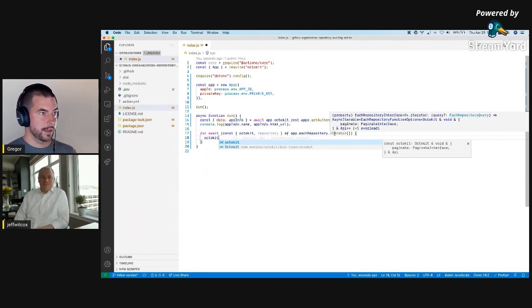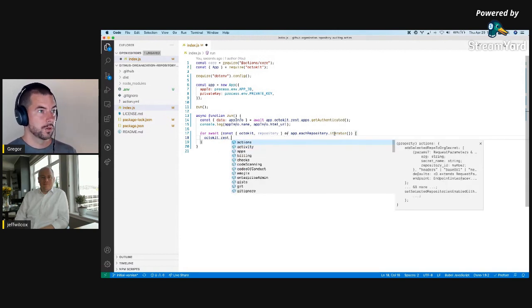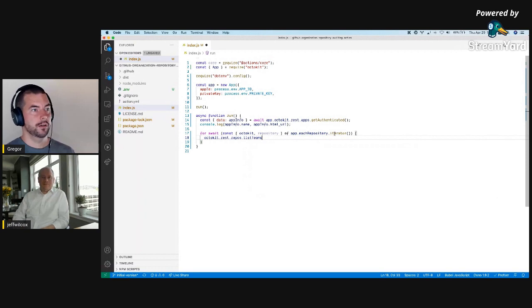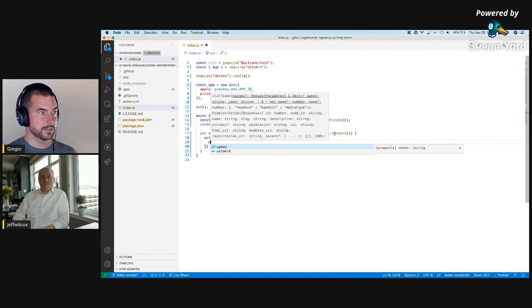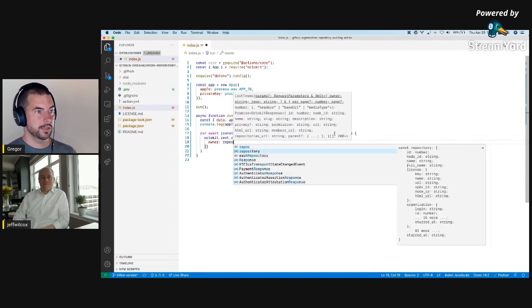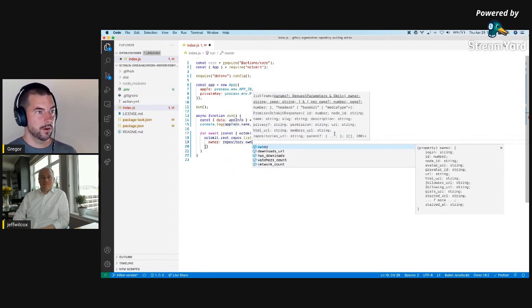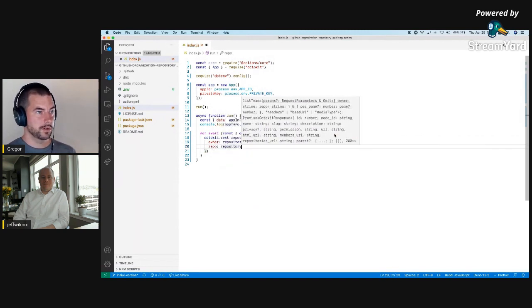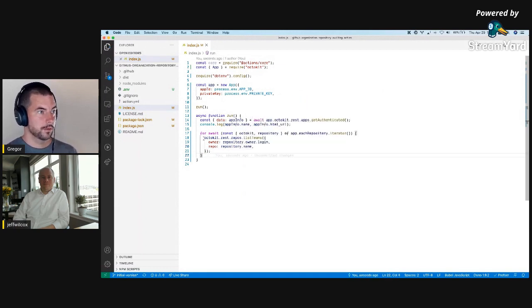So what I need to do is iterate through all the teams. So it's repos, and there is a list teams request in here, and the options I need to pass is the owner, which is the repository that I get from my iterator as well, owner login, oops, and then the repo, which is the repository name. Okay, so now I should be able to just get this data with await, and maybe let's add a